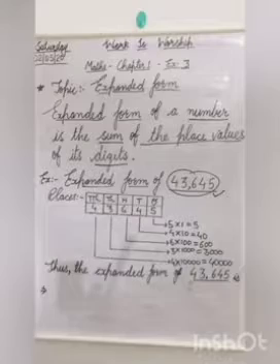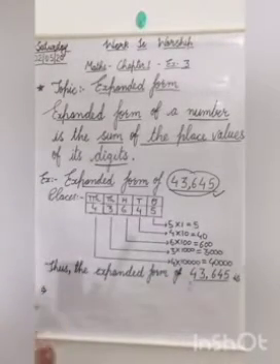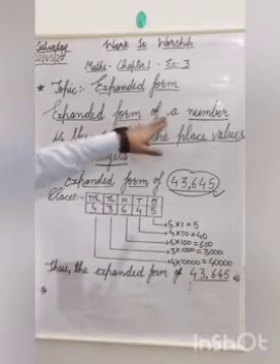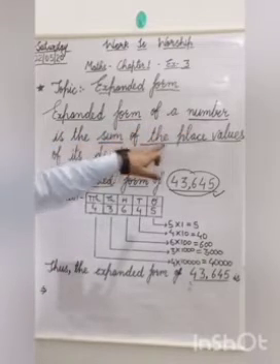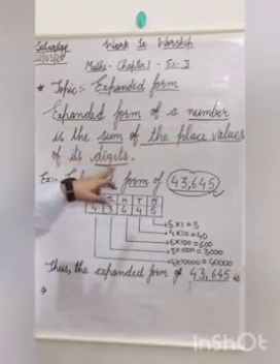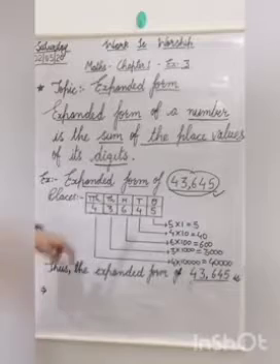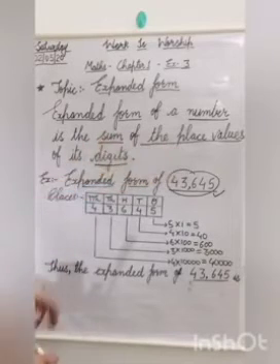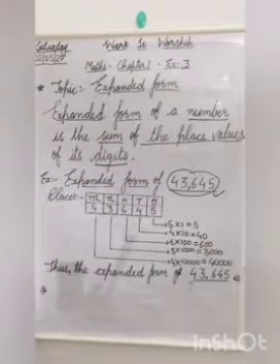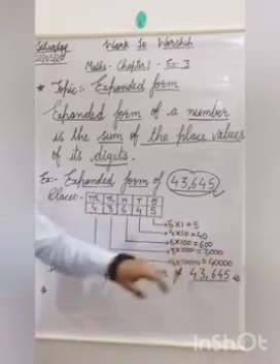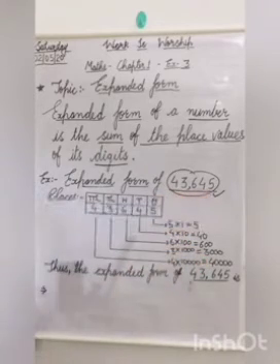So students, now let us write the expanded form of this number. As we earlier discussed, the expanded form of a number is the sum of the place value of its digits. जैसा कि हमने पहले भी डिस्कस किया है कि किसी भी नंबर का एक्सपेंडेड फॉर्म उसकी डिजिट्स की प्लेस वैल्यूज का सम होता है. नाउ हियर वी हैव द प्लेस वैल्यू ऑफ दीज डिजिट्स. सो आवर एक्सपेंडेड फॉर्म इज,